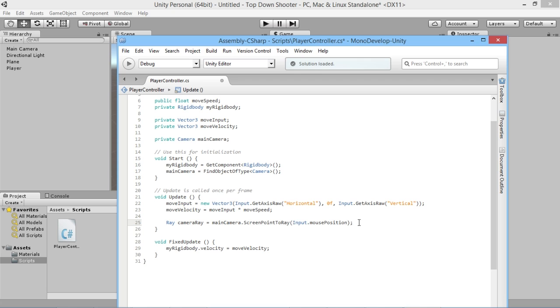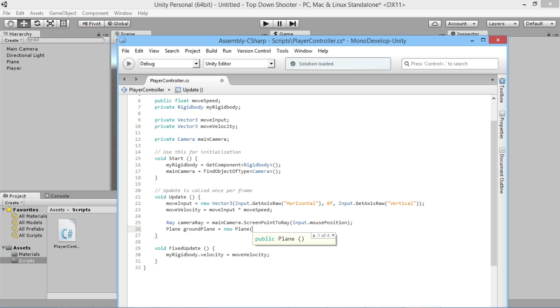Okay, so now that we have that, the next thing we want to do is have that intersect with a flat plane that we're going to call the ground. What we're going to do then is find the point where the ray line intersects with the ground, and wherever that point is, we're going to make the player look at that point. So we're going to create a new plane that we're going to call the ground plane. Now we could just use the plane we've already created here, but this is more of an abstract, mathematical plane rather than an actual physical thing within the world. So this will be a new plane,